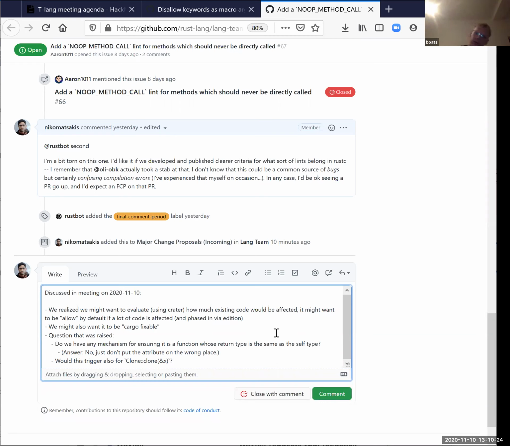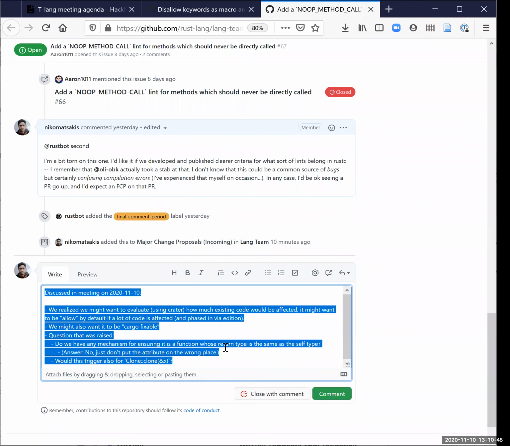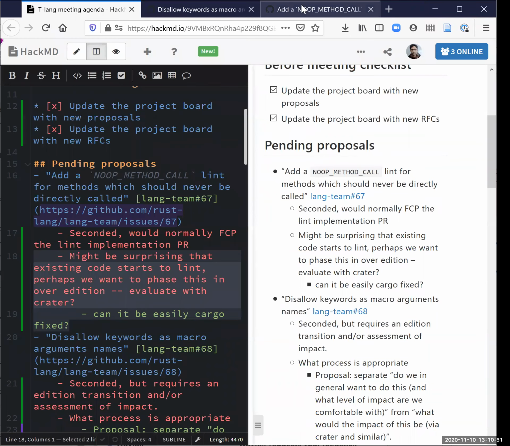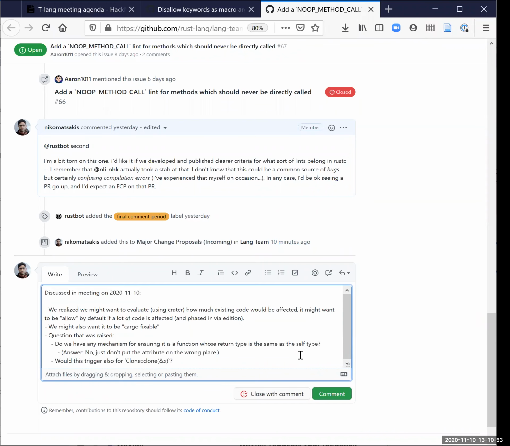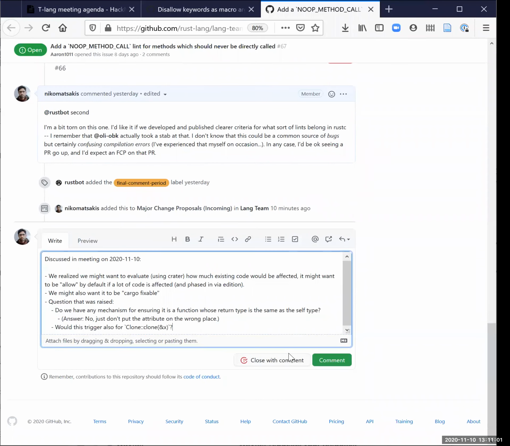I sort of would like a general policy for when we introduce warnings, at what level and what sort of transition is allowed, but I don't know if we have one yet. So yeah, I think we had basically the same conversation on the referencing things. Maybe that's nominated again today, because apparently there's a lot of people who do like &vec.clear. So we had the same conversation of, oh, how many people are doing this? How much of a pain is it going to be to turn on the warning?